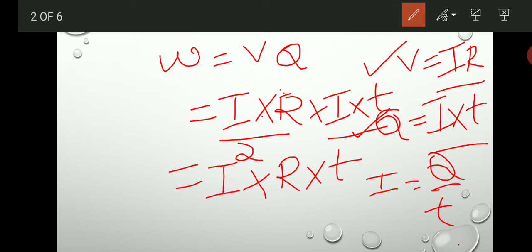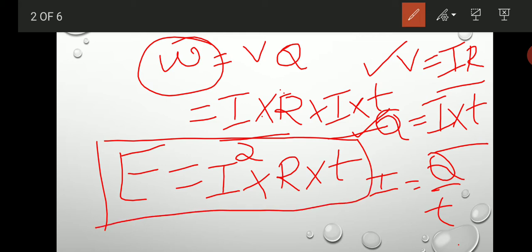See, this work done is nothing but the energy supplied by the source. What is work done? The energy supplied, right? So the energy supplied by the source is the same as the energy that is dissipated in the resistor as heat. So this is nothing but the energy that is used in the form of heat in the resistor. Remember, bulb, fan, mixer, grinder, all these oppose the flow of current and they are also called resistors.